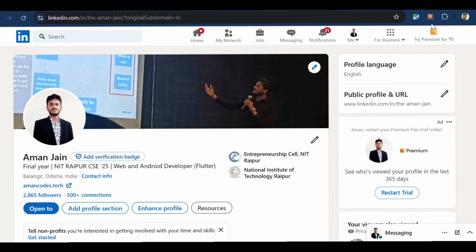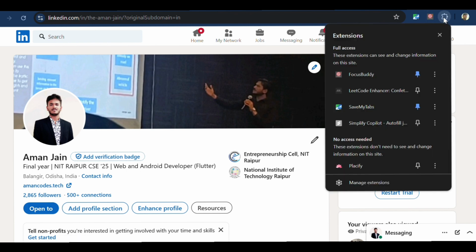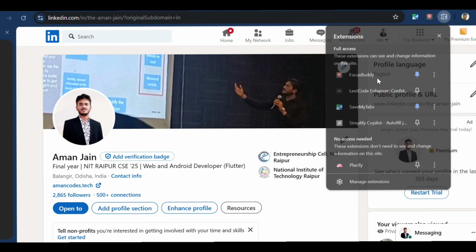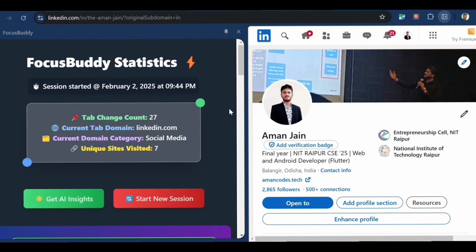So Focus Buddy extension is a Chrome extension developed to measure your focus and productivity as well as improve it. This extension tracks the activities that you do in the browser, like the tab changes, the sites you are visiting, and the time you are spending there, and many more. Using this data, it does some analysis and gives you insights into it so that you can take steps